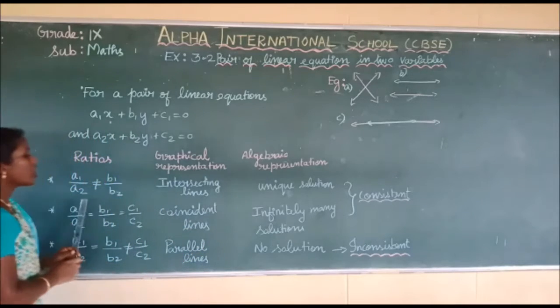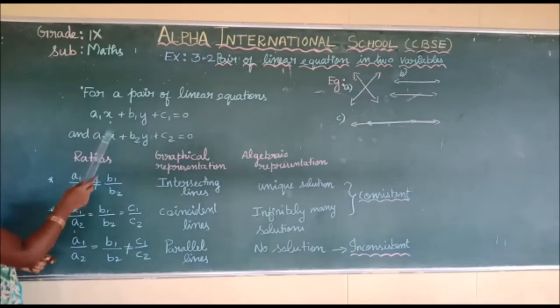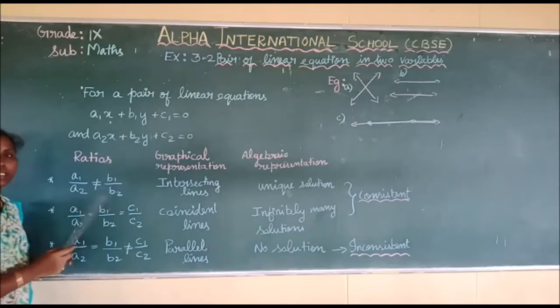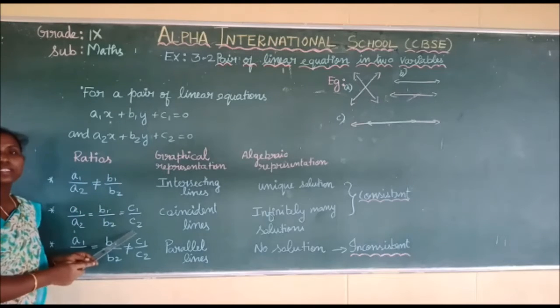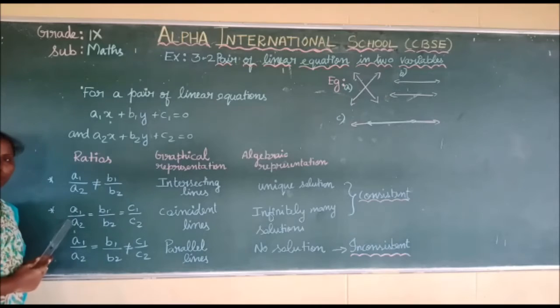Next, if you are comparing the coefficients a1 by a2, b1 by b2, c1 by c2, if all the ratios are equal, for example, if we got the first value as 2,